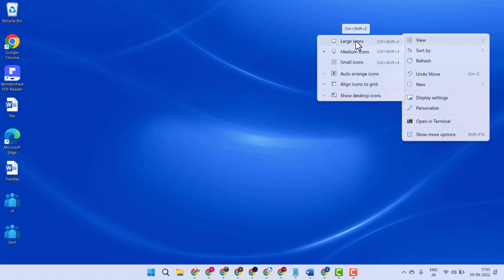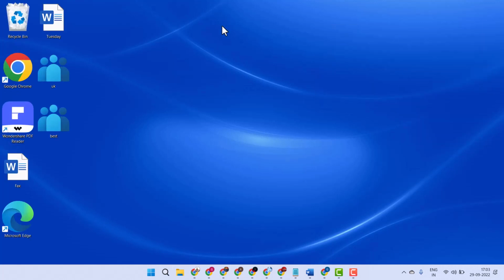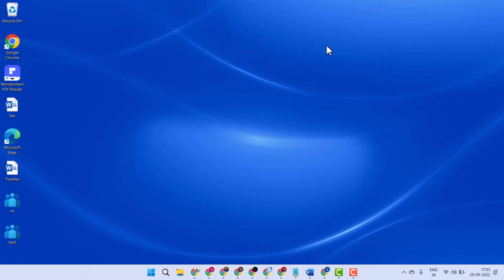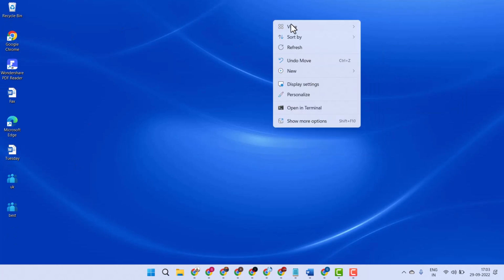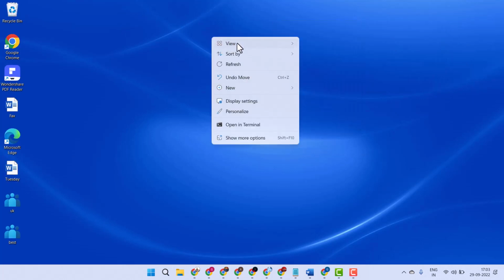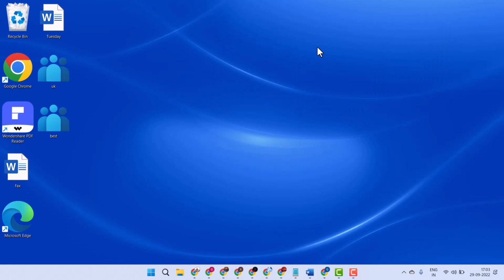Here you will see option large icons, medium icons, small icons. Select. So this is the small one, medium and large. So this is the basic setting to learn